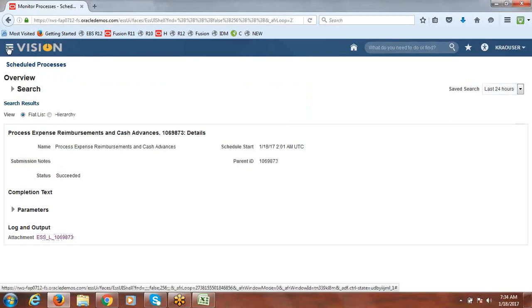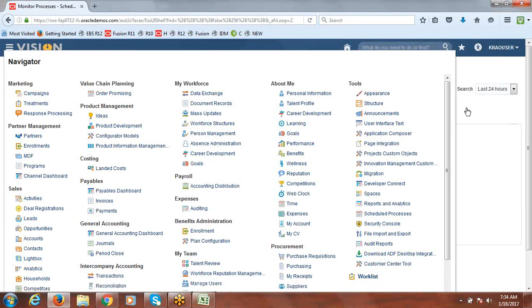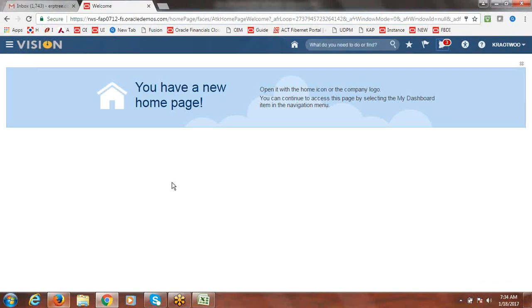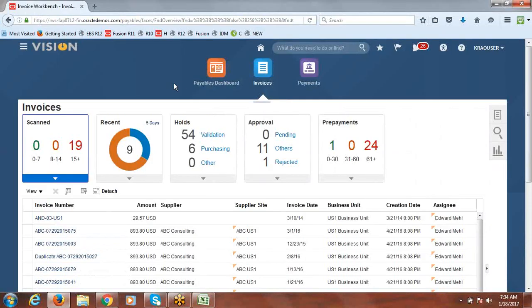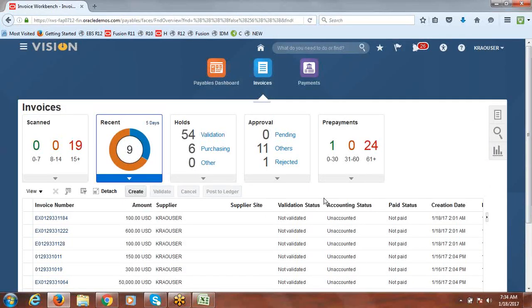Now you can go to payables, invoices. See here, the recent, you can click on recent, you can see those which we created with the $600.